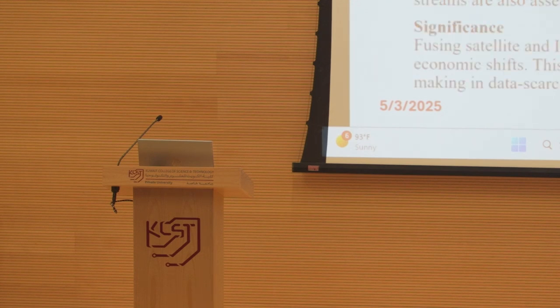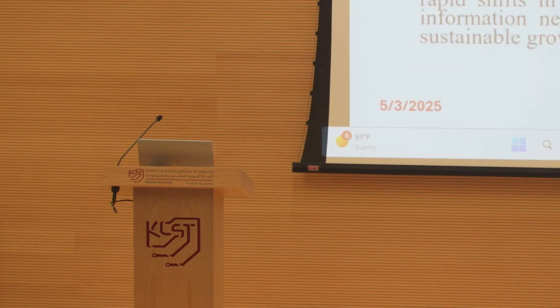In this abstract, our research integrates satellite-based nighttime light data with IoT sources such as smart grid metrics and traffic sensor data to analyze urbanization and economic activity. We designed a machine learning pipeline that includes feature engineering, dimensionality reduction, clustering, regression, and anomaly detection. The model achieves an R-square score exceeding 90%, demonstrating the system's high accuracy. This framework has potential applications in real-time urban monitoring and infrastructure planning. Now moving on to the next slide, introduction.